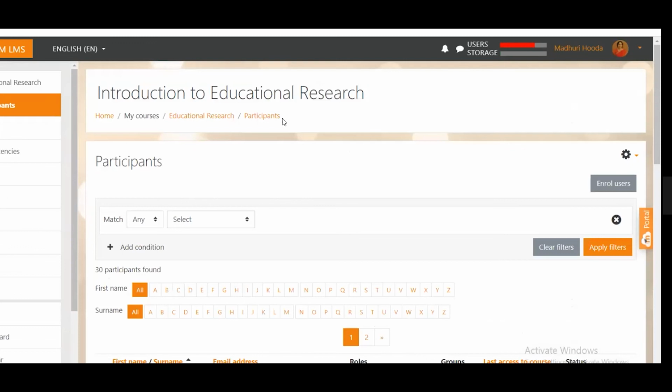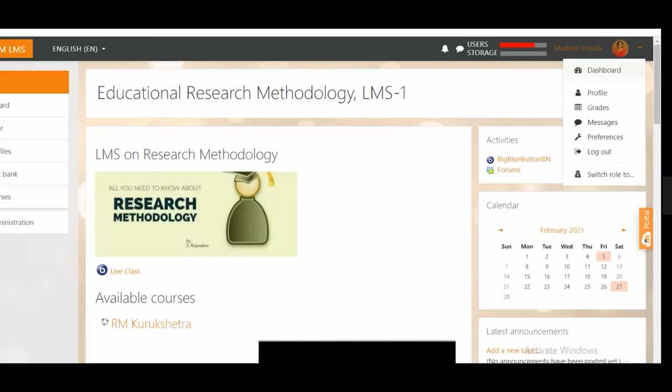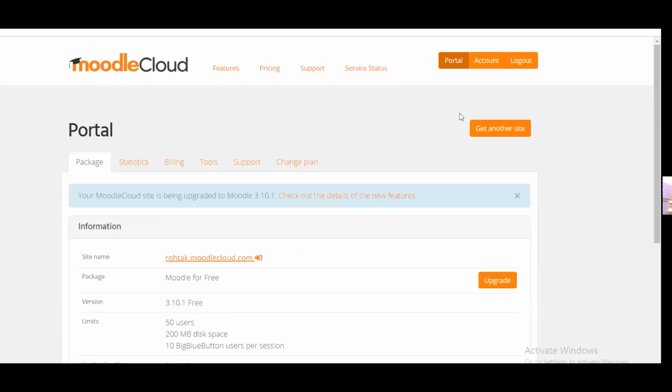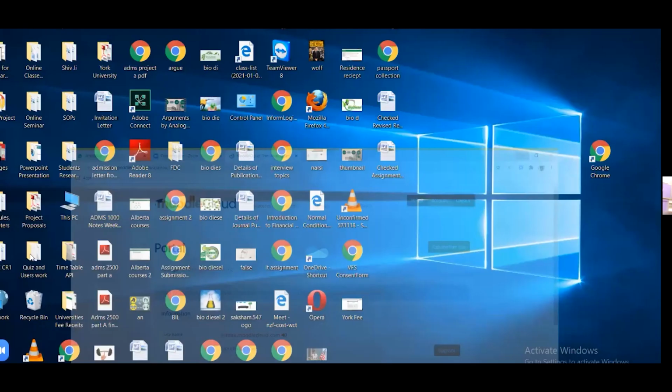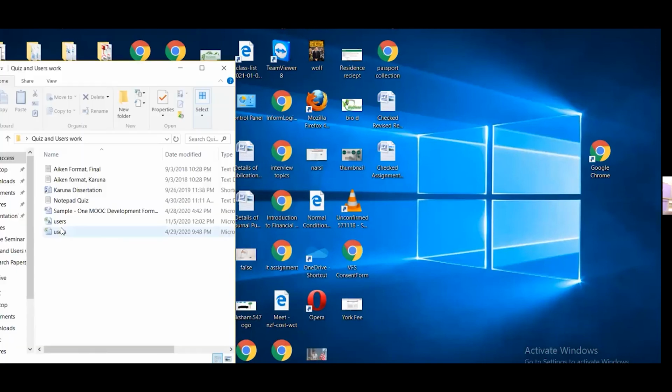Fine, ma'am. But I need one more query. What are the things we need in the Excel sheet? In the Excel sheet, I am just sharing the pattern quickly in 1 minute because we are running short of time and I have to take some other session also. Just see, in the Excel sheet, you are to fill these details.